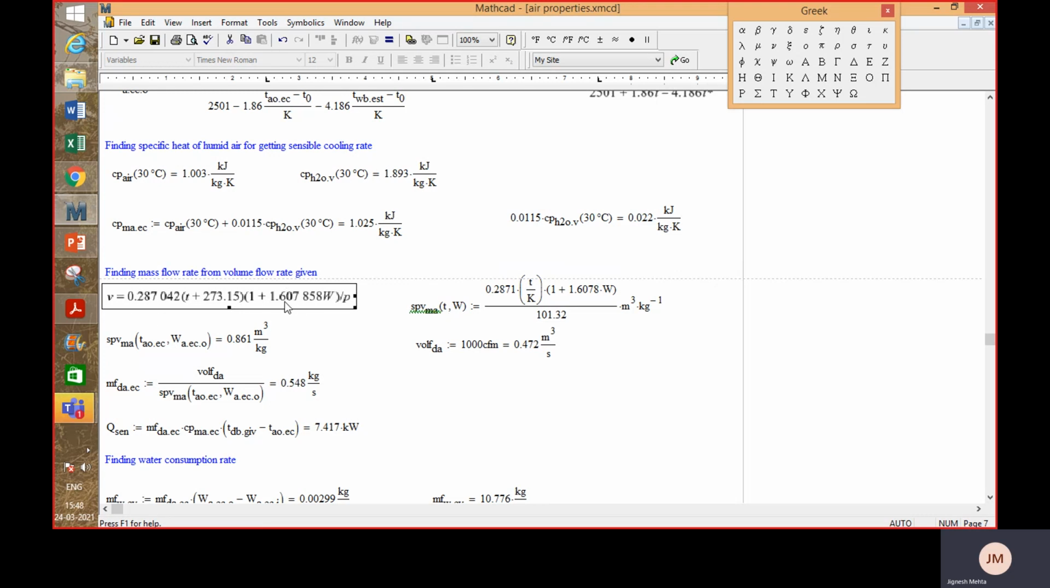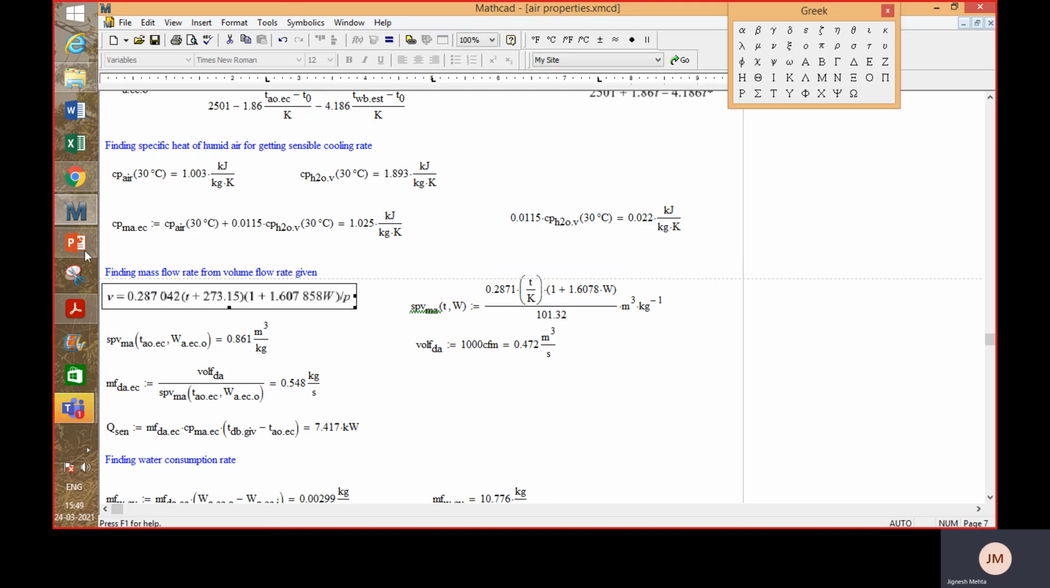Specific volume is to be found with this formula. Here T is the dry bulb temperature, W is the humidity ratio, P is the total pressure, which may be taken as 101.325. So you get the specific volume with this formula. Now I have found the specific volume at the exit condition, assuming that the fan is after the cooling, after the contact media. So at the outlet condition, I found the specific volume equal to 0.861